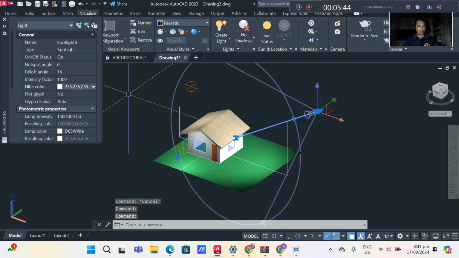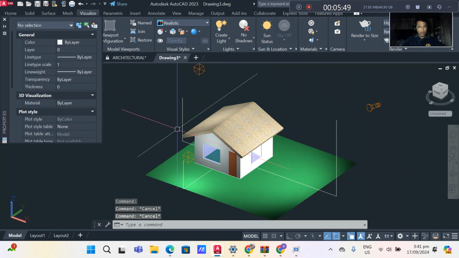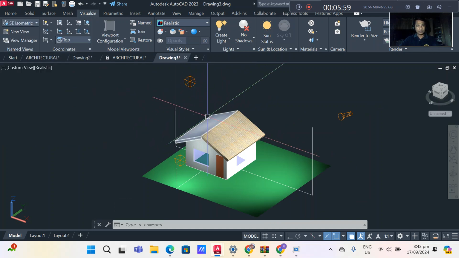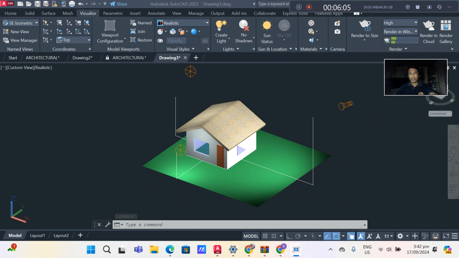Okay, so I am okay with the light already, so I am ready now to render the drawing. So you go here, you set the rendering tool into the following settings.